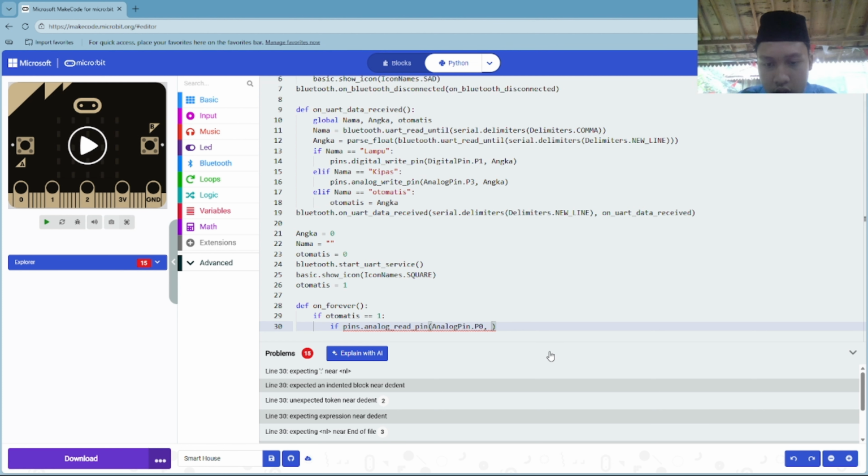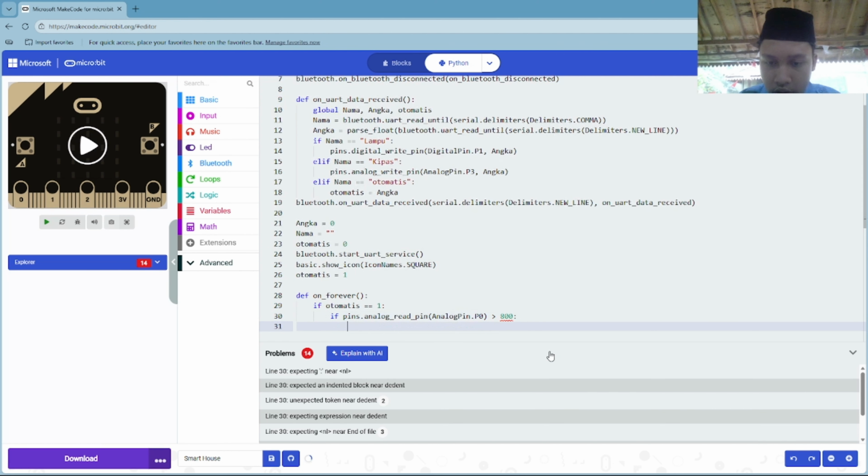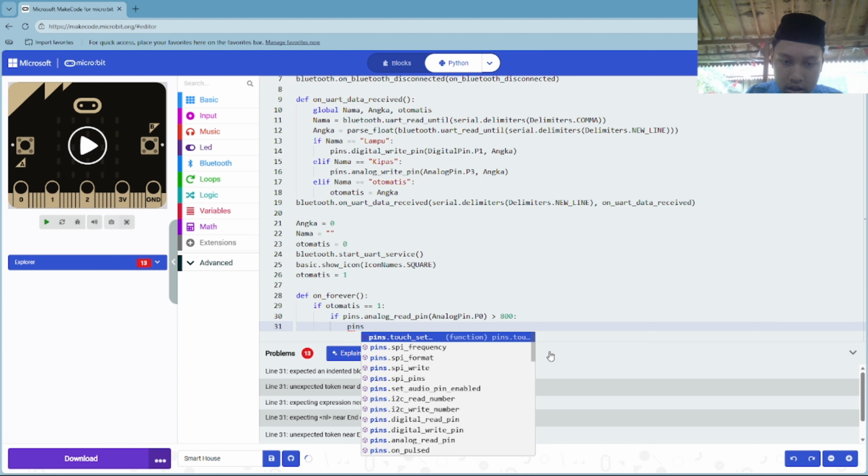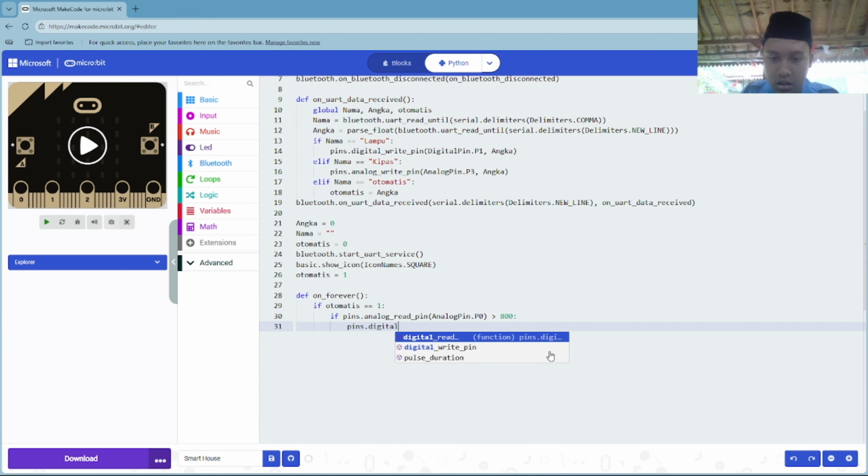And now I want to show you the demo of these things. After we erase and download the code from this computer to this micro:bit, I want to show you how these things work. In my GitHub, I already made a website and connected it to Vercel, and then I can publish it and open my website.